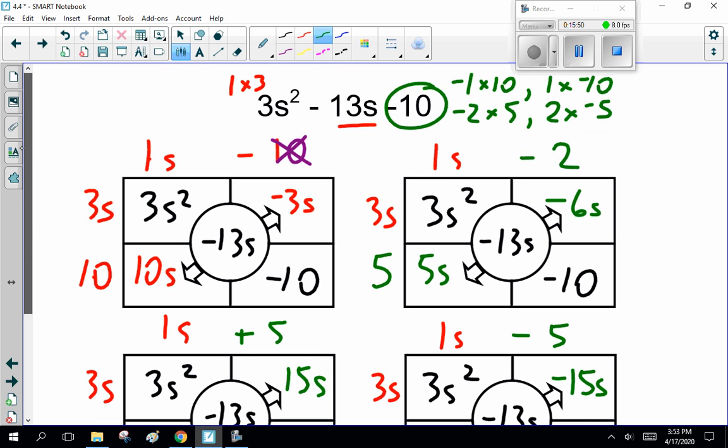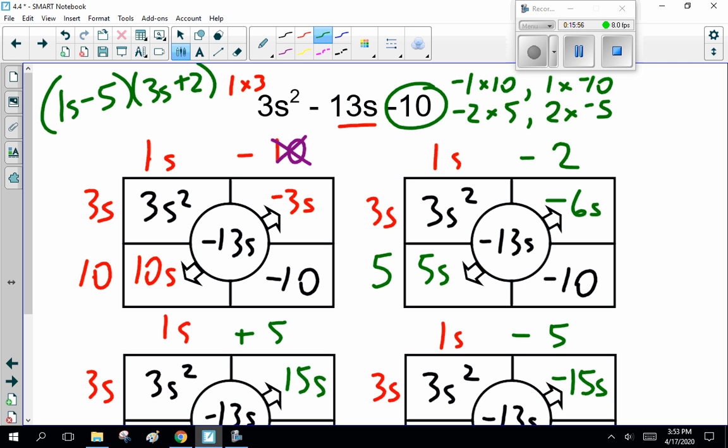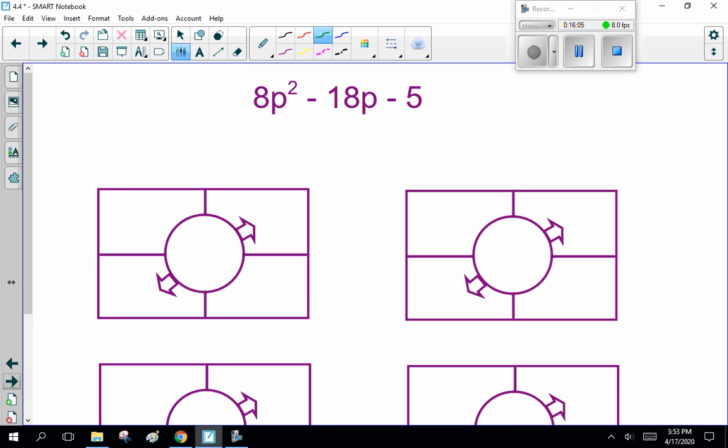Okay, so this is 1s minus 5 times 3s plus 2. Ouch. And yes, this is horrible, but this is what I expect you to be able to do with practice. And you notice for all of these, I'm giving you lots of space to do it. Now,